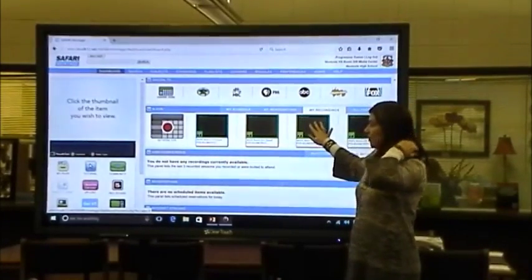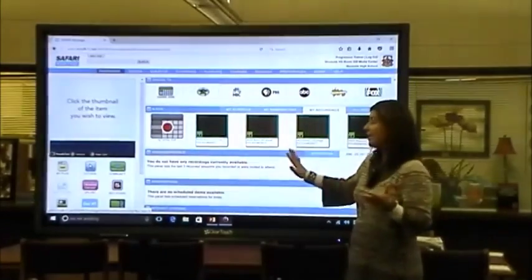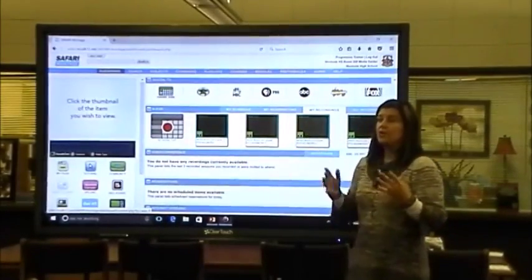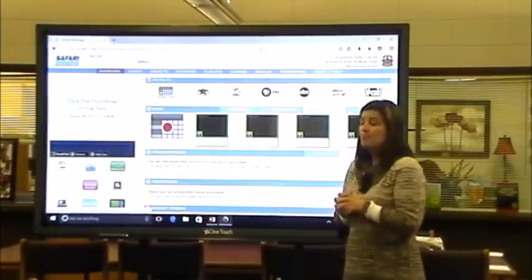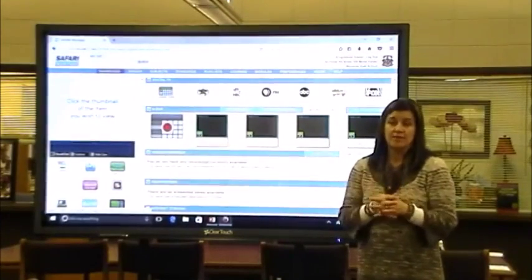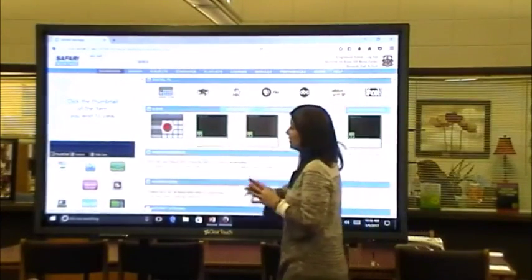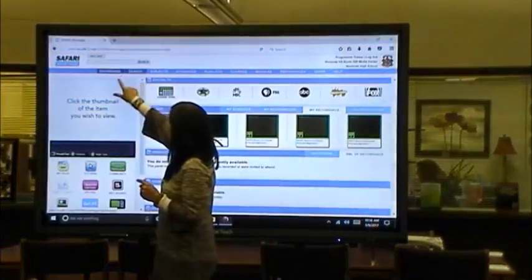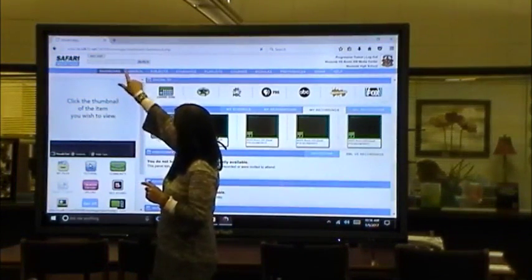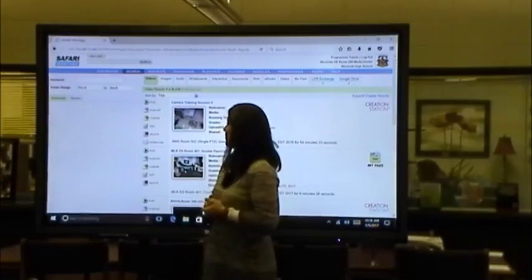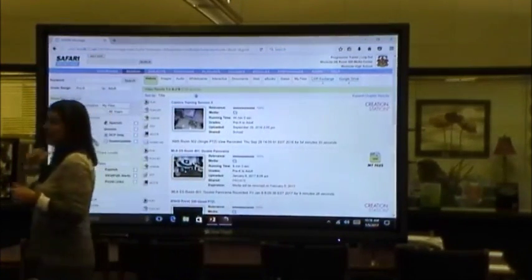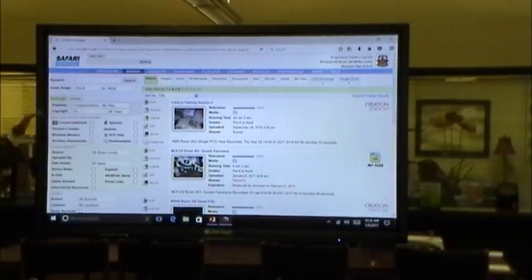You can click on the picture itself and it'll play the video, or if you click on the words, you can go in and edit that video. But there's another way to find your recordings, and the best way to do that is to use the search button up here. So we're going to click on search. It's right next to the dashboard button. And then in this gray box on the left-hand side of the screen, you're going to look to where it says